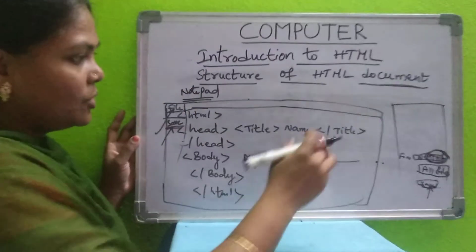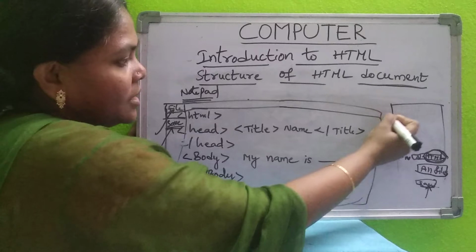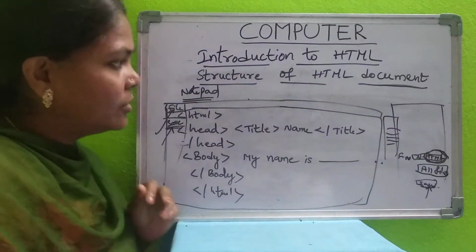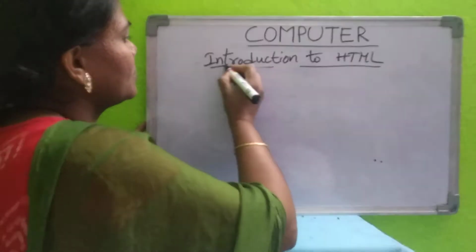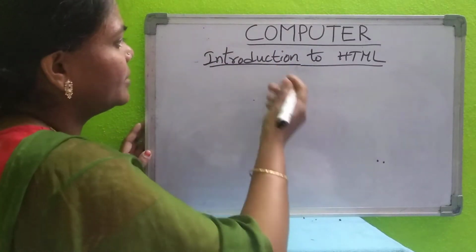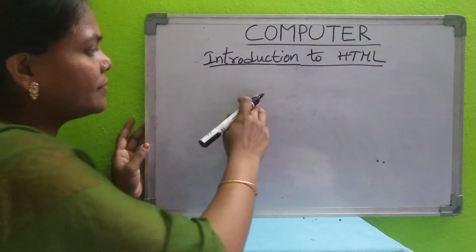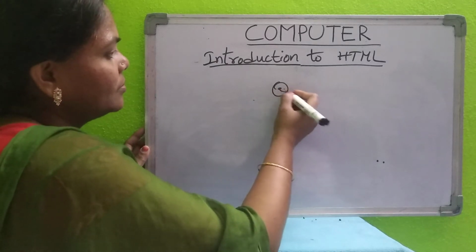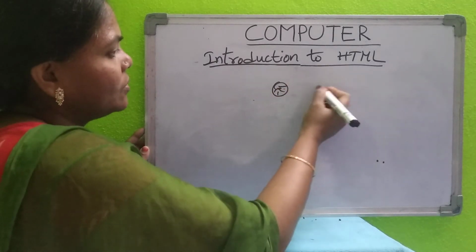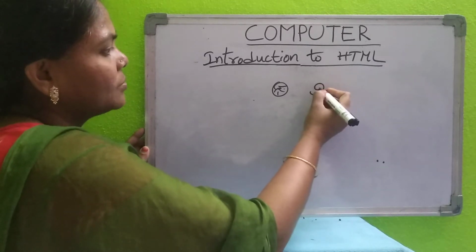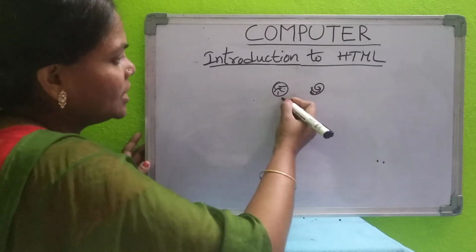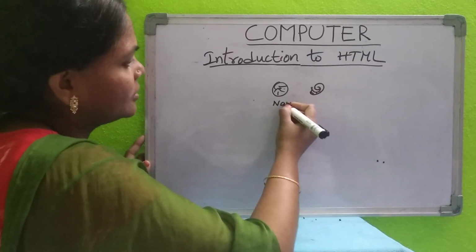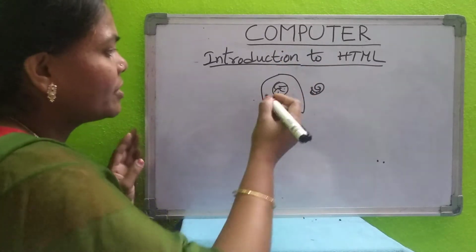It will be saved. Wherever you want to save, you have to select that here, either on the desktop or C drive, D drive. Suppose you have selected desktop, then it will be displayed on the desktop with your web browser symbol. Suppose it is Chrome, it is displayed with that symbol and the name. If it is Firefox, it is displayed with that. Or Internet Explorer, it is displayed with that. So what name have we given? We gave the name like this. This file will be displayed wherever you saved it.